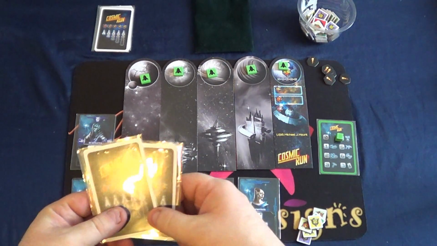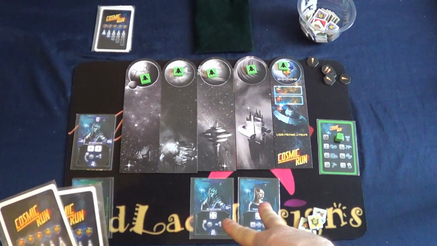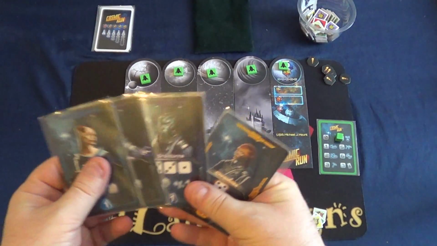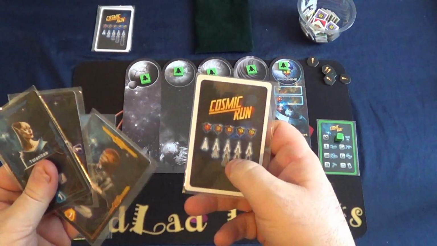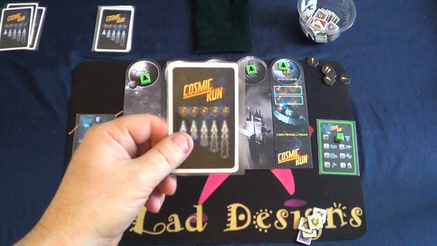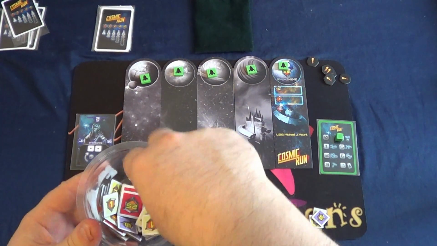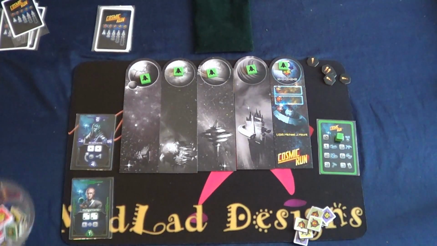I'm going to hand my aliens in. You could also hand these aliens in without using their powers as well. So I'm going to trade these aliens in. So let's see. We have 3 different types of aliens. If we look on the back, 3 different types of aliens will give us 6 points. So 6 points for them, and another 1 point for that. So that's 7 in total. 5, 6, 7. And of course,